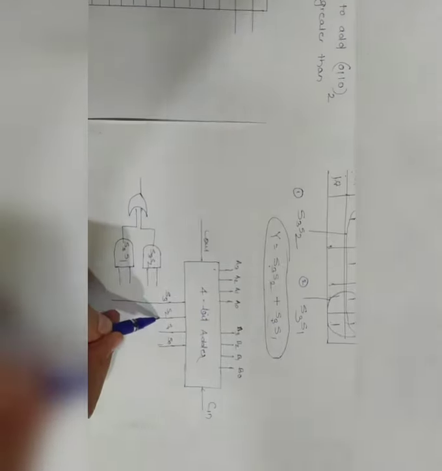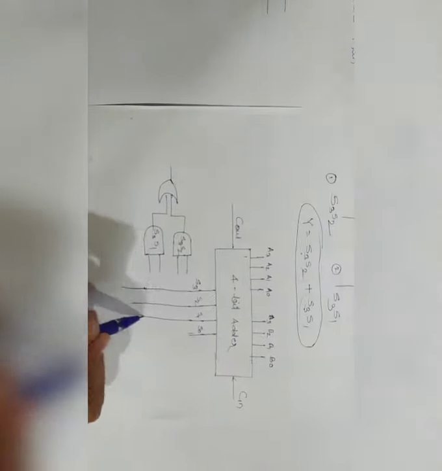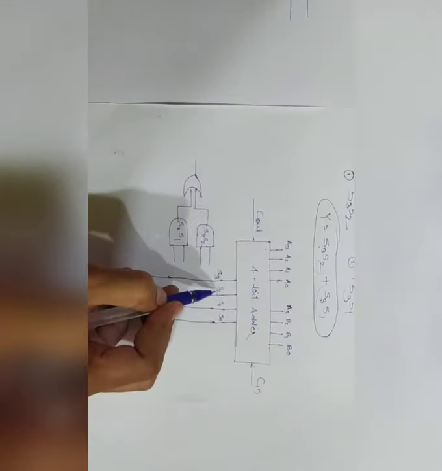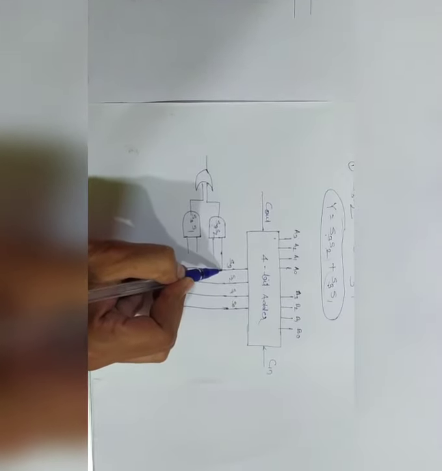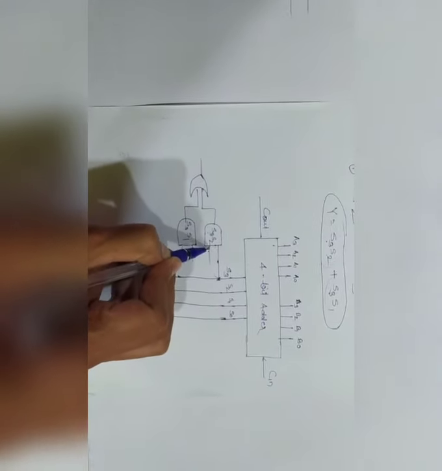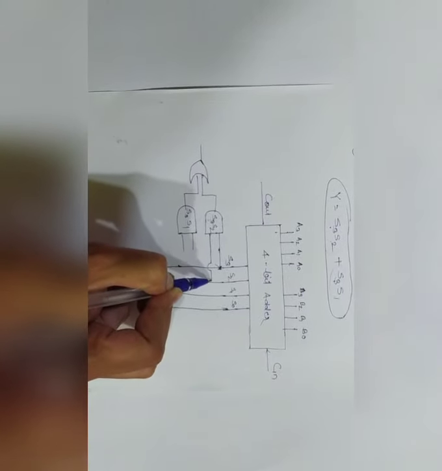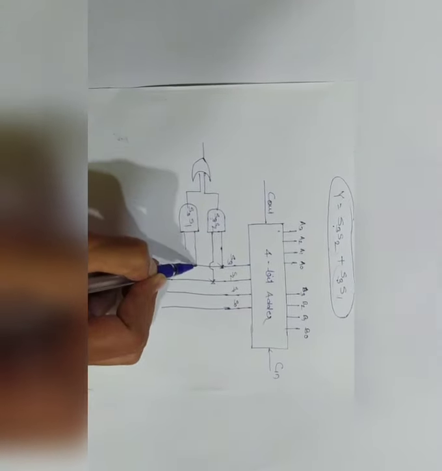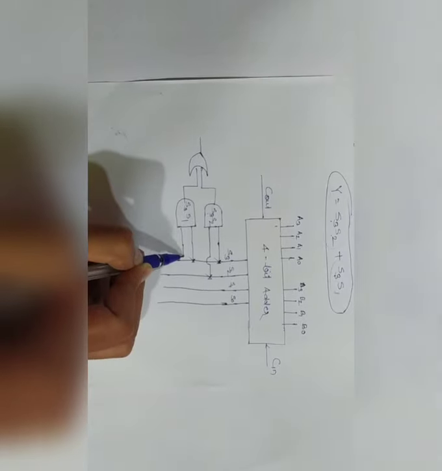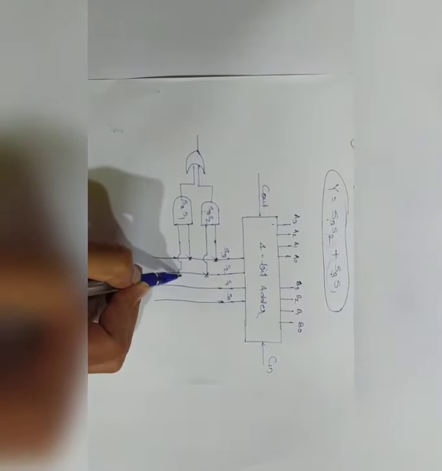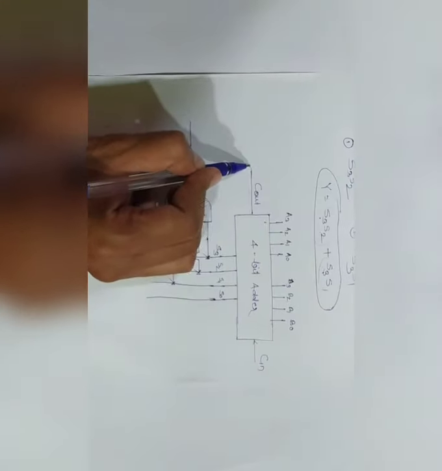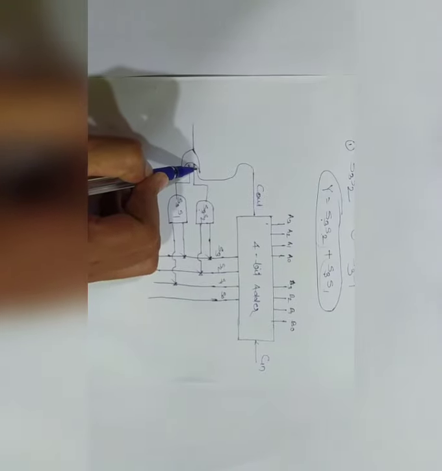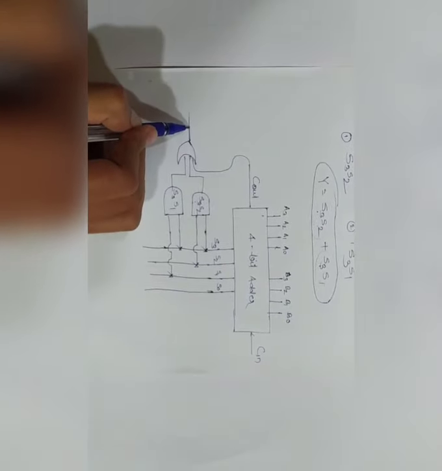Now here you can see I'm extending these lines. This is my S3, S2 line, S1 line, and S0 line. Now here is S3 into S2: one input is S3, I'm connecting it to S3, and the other input is S2, connected to S2. Now S3 connecting to S3, and the other input is S1, that means here S1, right? Now this is my output. This output is also given as an input to this OR gate, right? Now this is the output of this.